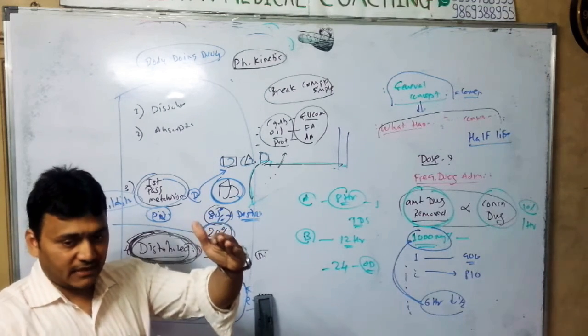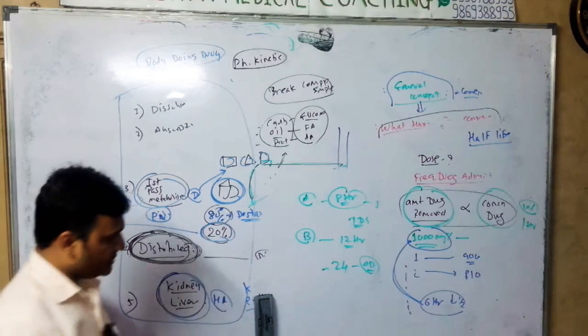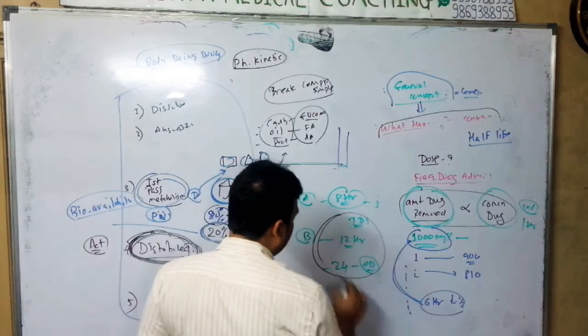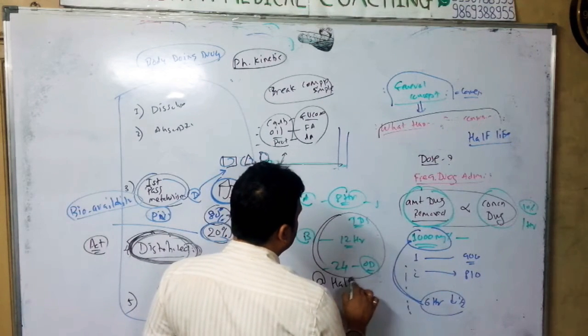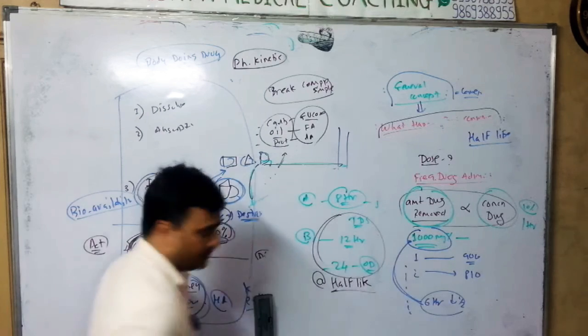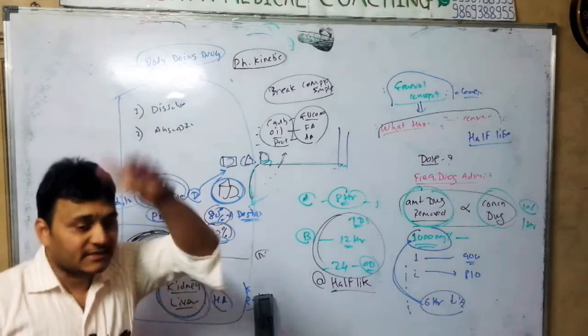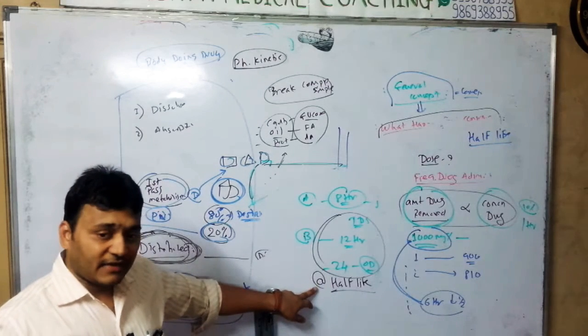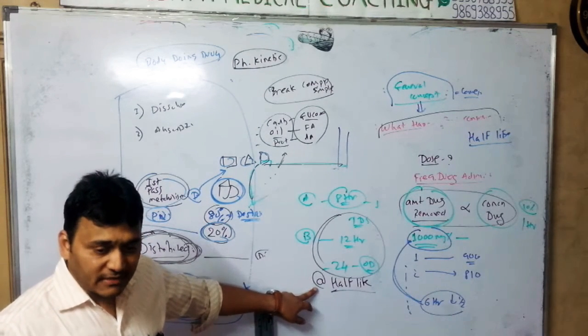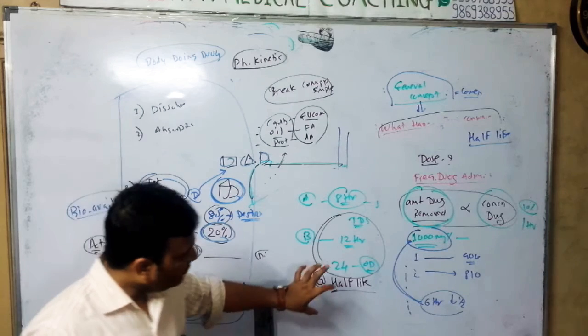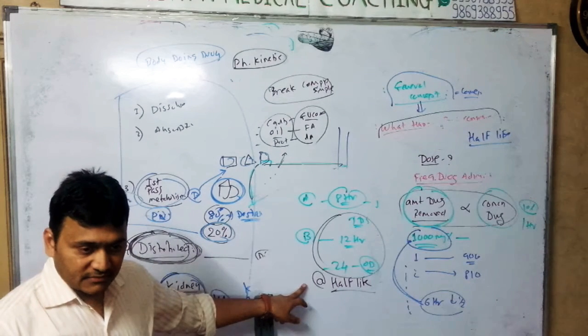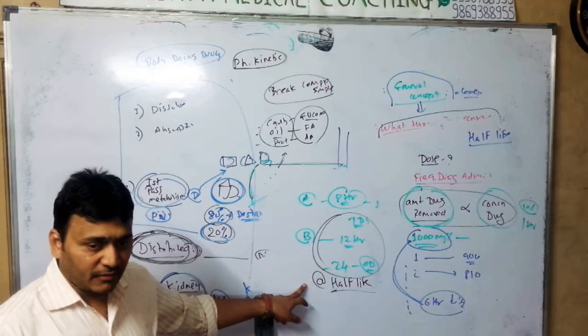It's a range. It maintains the range. So by and large, my idea is to repeat the drug at the half life. What will happen if you repeat the drug before the half life? The concentration will keep on increasing. After the half life, the concentration will be reduced and the action will no longer be there. Can you manipulate this? Can you manipulate? For example,